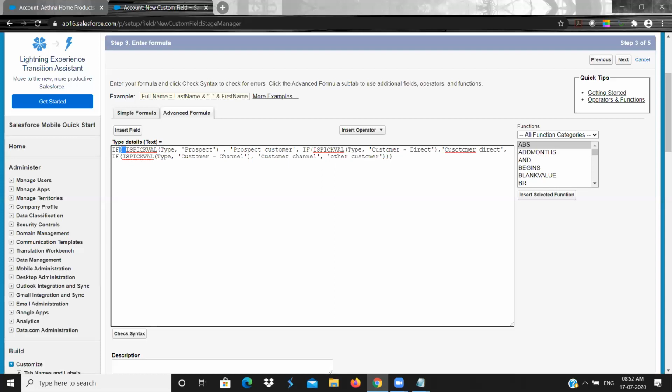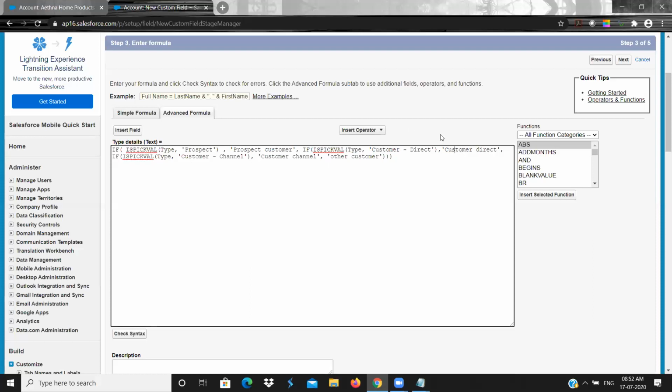So what I have done is added if else, a series of three conditions. If the customer is prospect, it will display prospect customer. If it is not, it will go to the else part, the false area, and check if type is customer direct and display that.